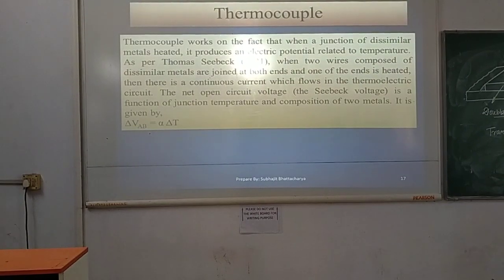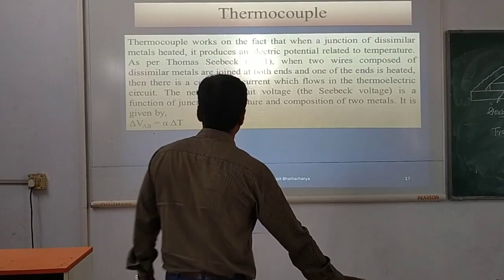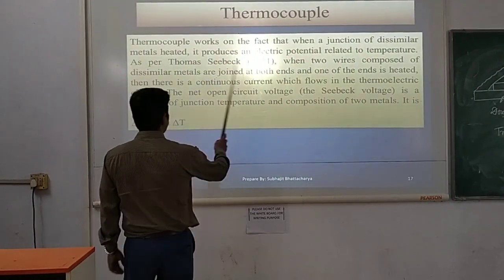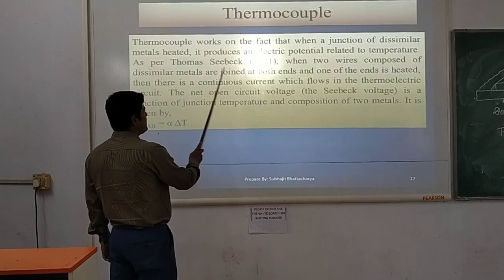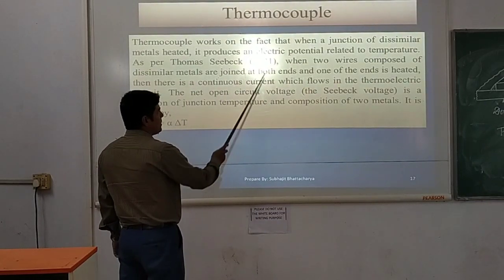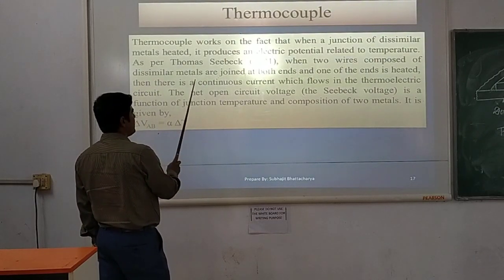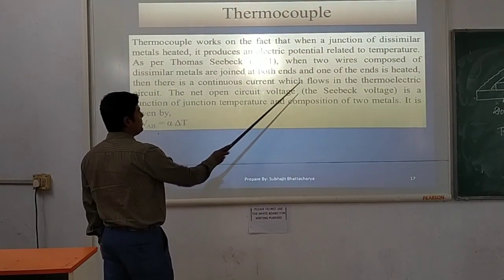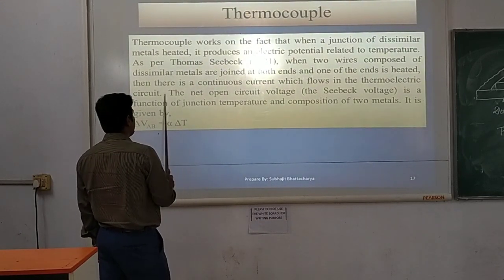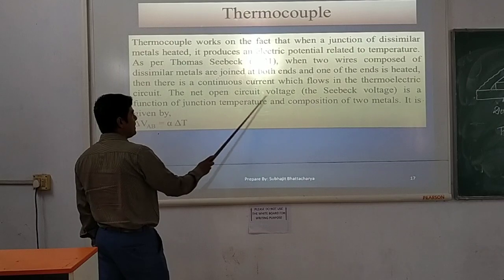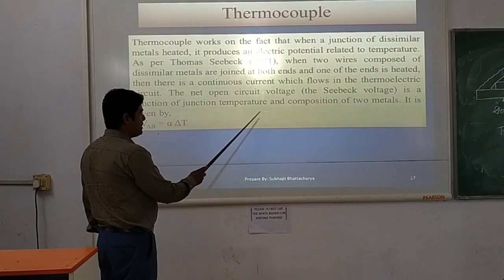Thermocouples work on the fact that when a junction of dissimilar metals is heated, it produces an electric potential related to temperature, as per Thomas Seebeck, 1820. When two wires composed of dissimilar metals are joined at both ends and one of the ends is heated, there is a continuous current which flows in the electric circuit. The net open circuit voltage, that is known as the Seebeck voltage, is a function of the junction temperature and